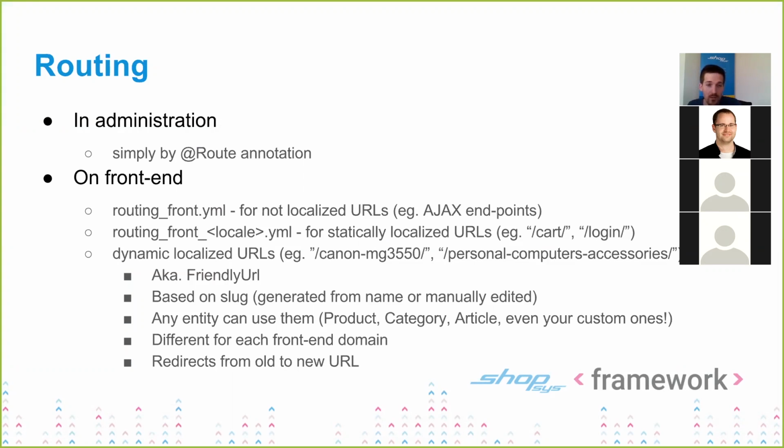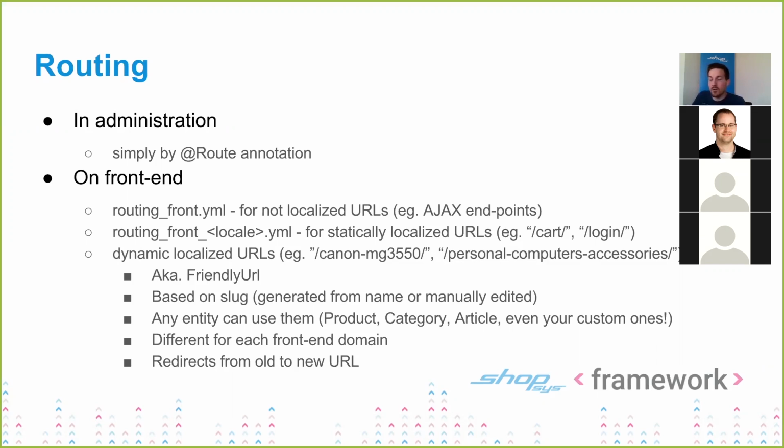What is good to know is that the friendly URL, the slug, can be different for each domain, again, because you usually want to have different slugs, for example, when the domain is in a different language. And another thing that is good to know is that you can have multiple slugs or multiple URL addresses for one entity, but there is always one that is the main URL address, and the other URL addresses are